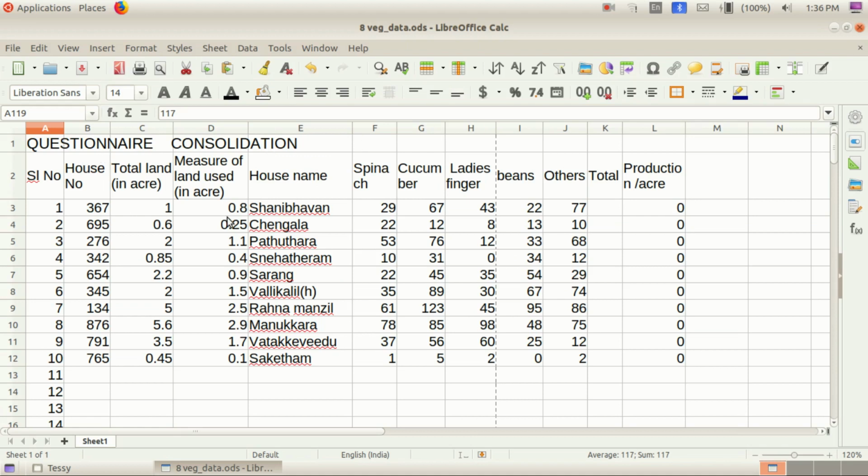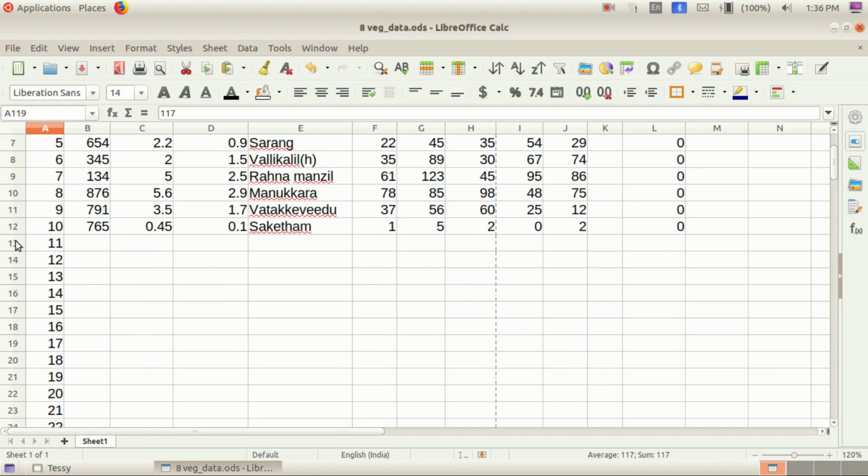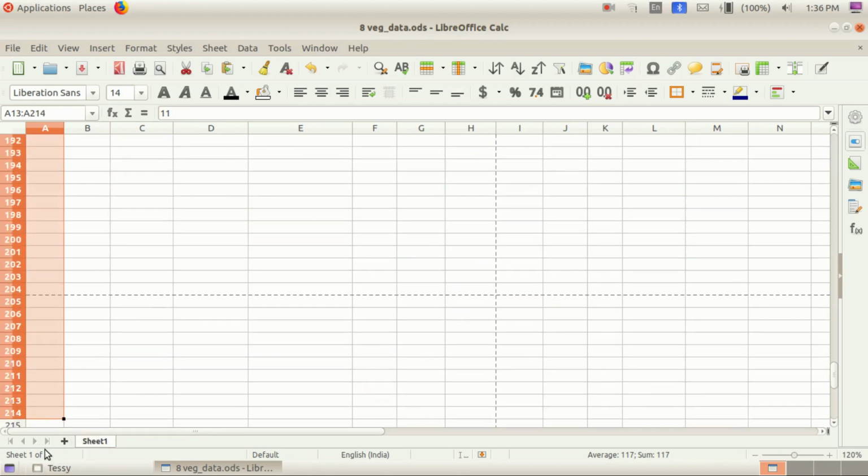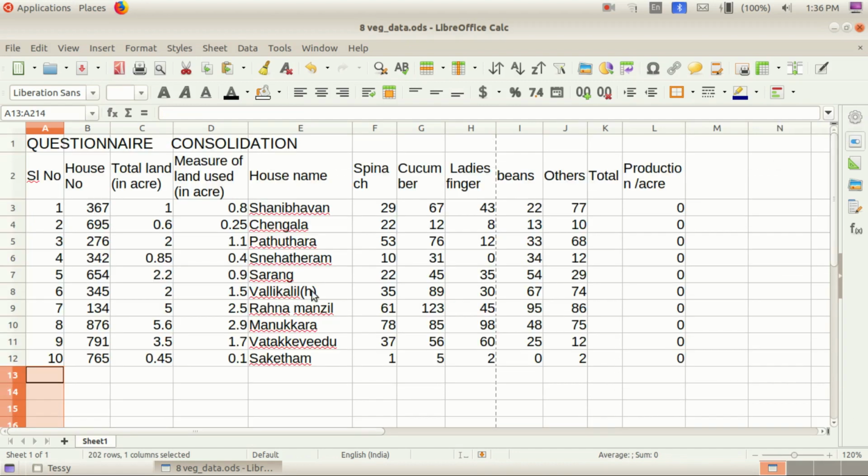Okay, this is the questionnaire consolidation, what is said in your textbook. Do you understand, children? I am going to delete this completely by selecting and pressing the delete key. That is all that is needed for deleting that. Okay, then that way you can add a serial number, that is said there, children.